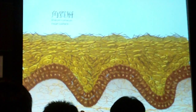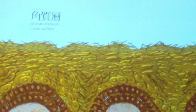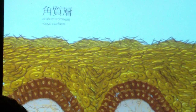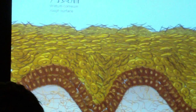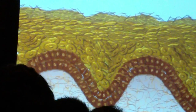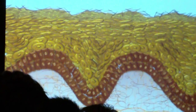What you're looking at here is the skin from the side. So this is what we call a cross section. And these are the living cells of the skin. It's the very outer layer of the skin magnified tremendously. Now, what happens when your skin feels rough is all the cells at the top kind of get stuck